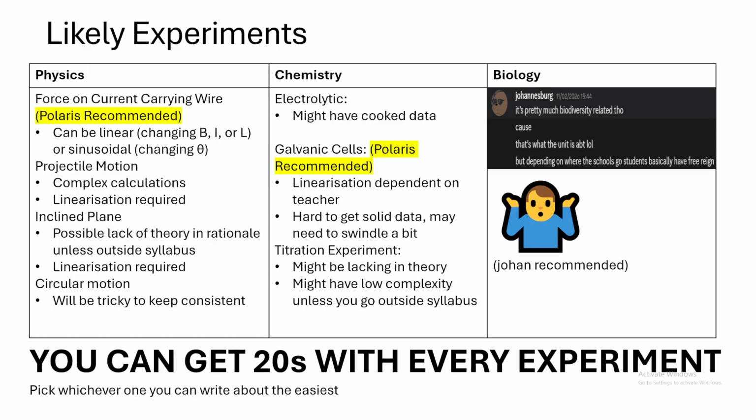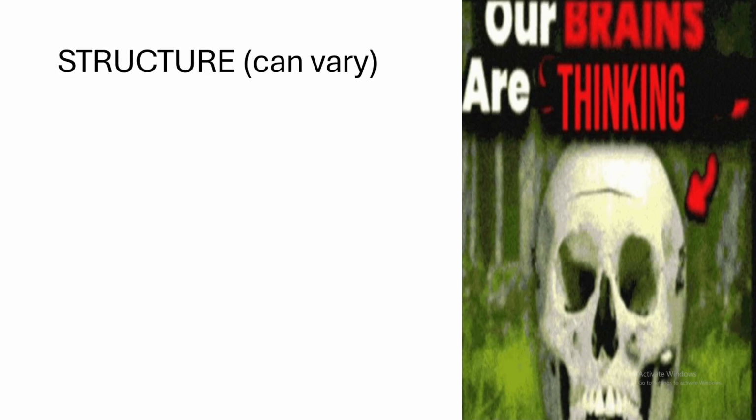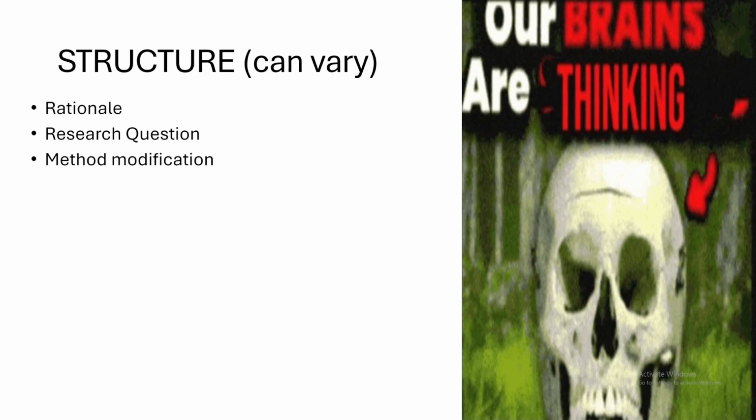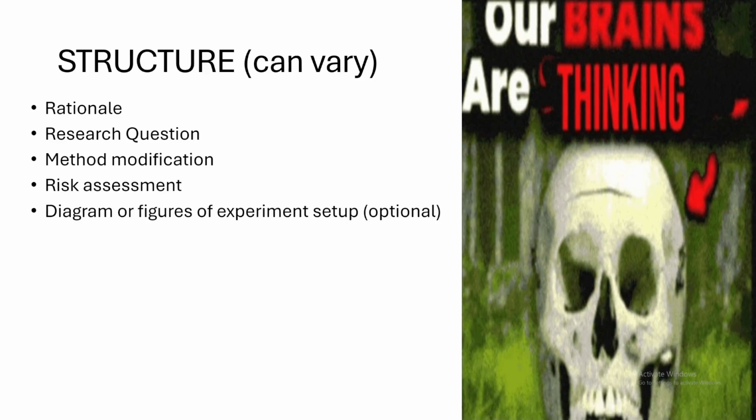Now, the structure of an IA2, and this can vary because, again, it is marked by your teacher. It is not marked by QCAA. There is no objective structure with what you should do these in. So first off, you have to have your rationale. That's kind of self-explanatory. Your research question, your method modification, your risk assessment, diagram of figures or an experiment setup,